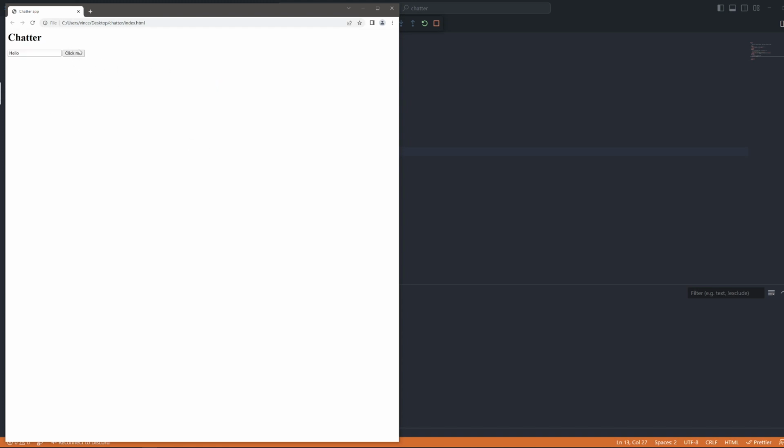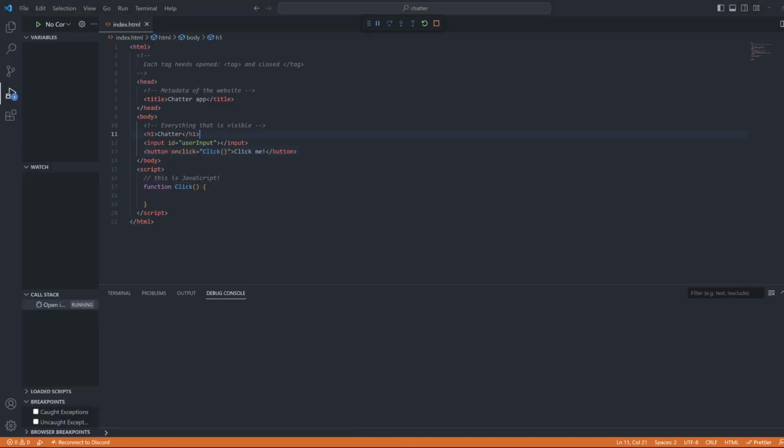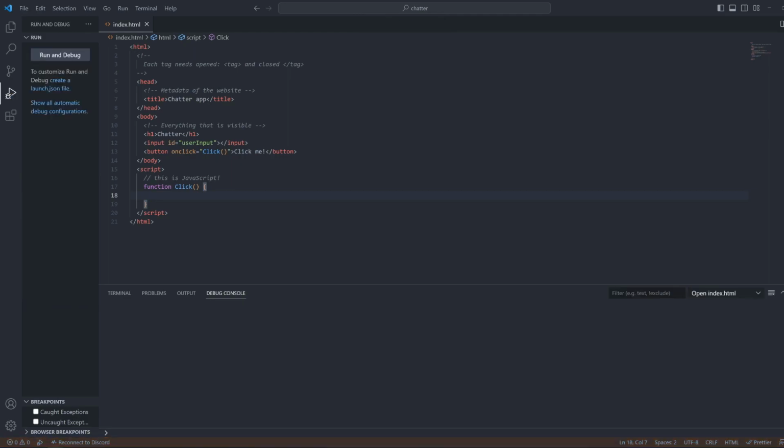So it works, it just isn't visible that it works. It does call this function, except this function currently has no code inside of it. So I'll actually write alert. Now I need some way to pass the message. And the message is stored within this input. So let's first create a variable to store the contents of the input. I'm going to call it input content. I'm going to set it equal to